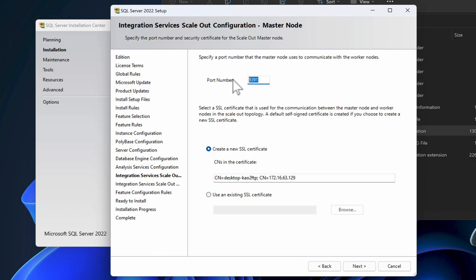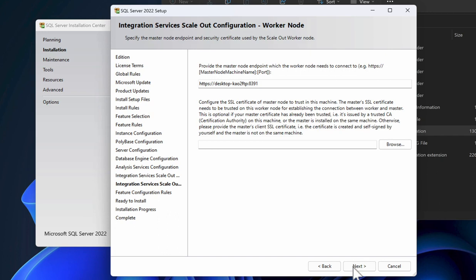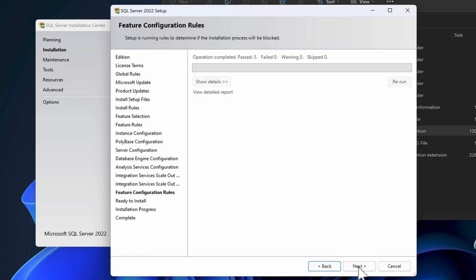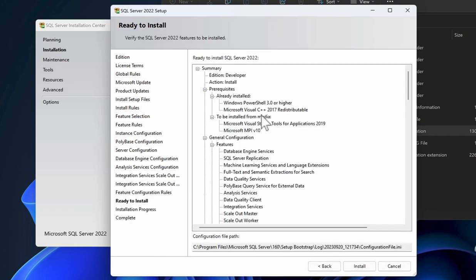8391, you may or may not need to know that. It might not be a bad idea to mark it down. And I'm going to say Create New SSL Certificate. Now, for those of you who don't know what the SSL certificate is, the SSL certificate is the Secure Socket Layer certificate that allows you to log into the server securely, and the communications tunnel is going to be encrypted. I'm just going to leave everything default, click Next,